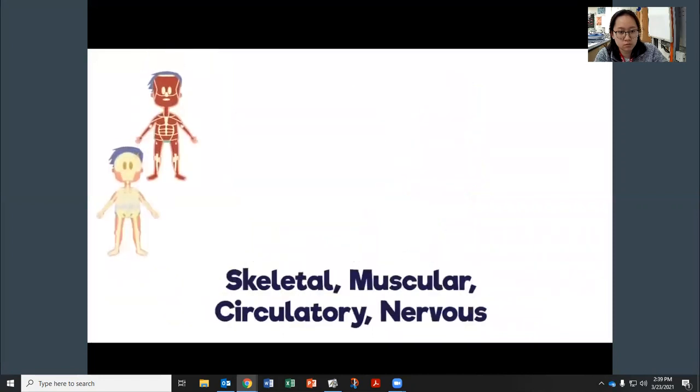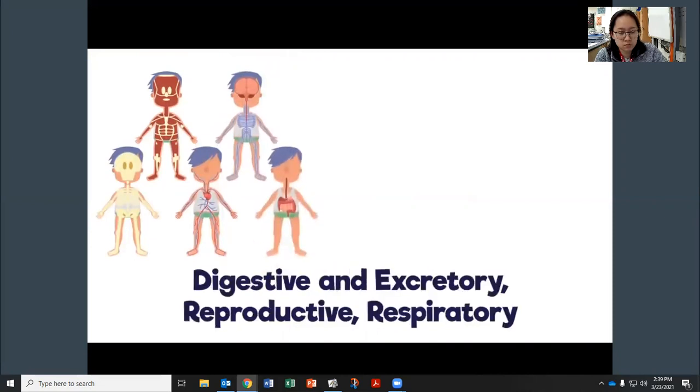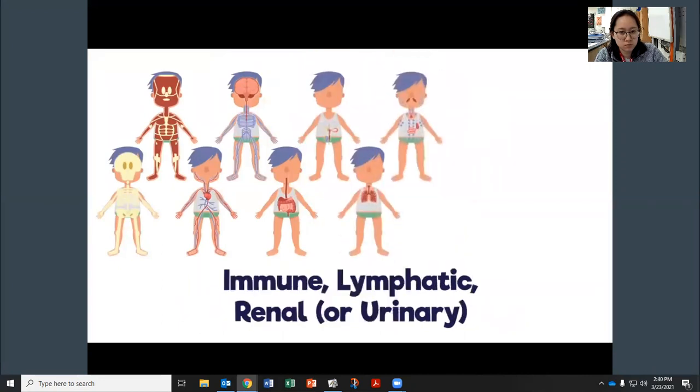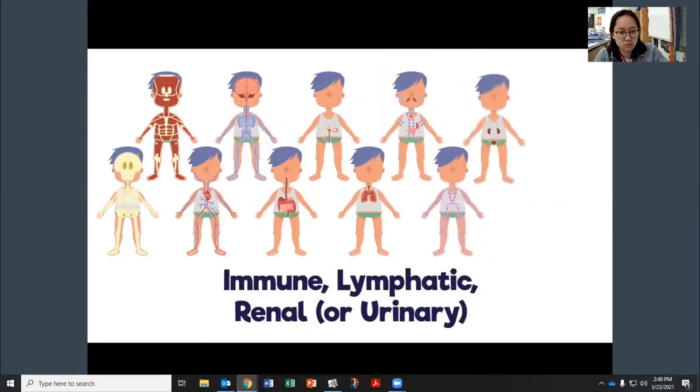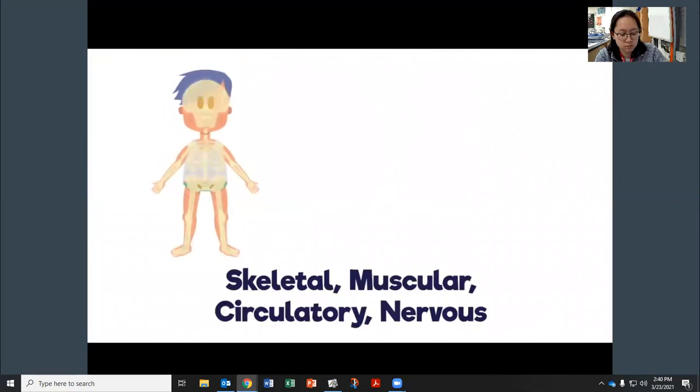Skeletal, muscular, circulatory, nervous, digestive and excretory, reproductive, respiratory, immune, lymphatic, renal or urinary, endocrine and integumentary. Skeletal, muscular,